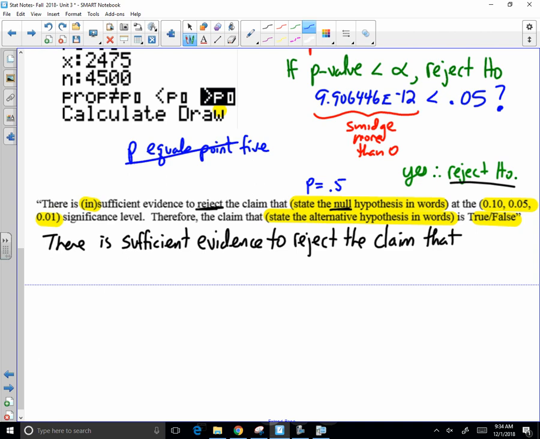That is not what I mean by stating it in words. What I mean is in the context of the problem. So what does p equals 0.5 mean in this particular situation? P stands for population proportion. The population proportion